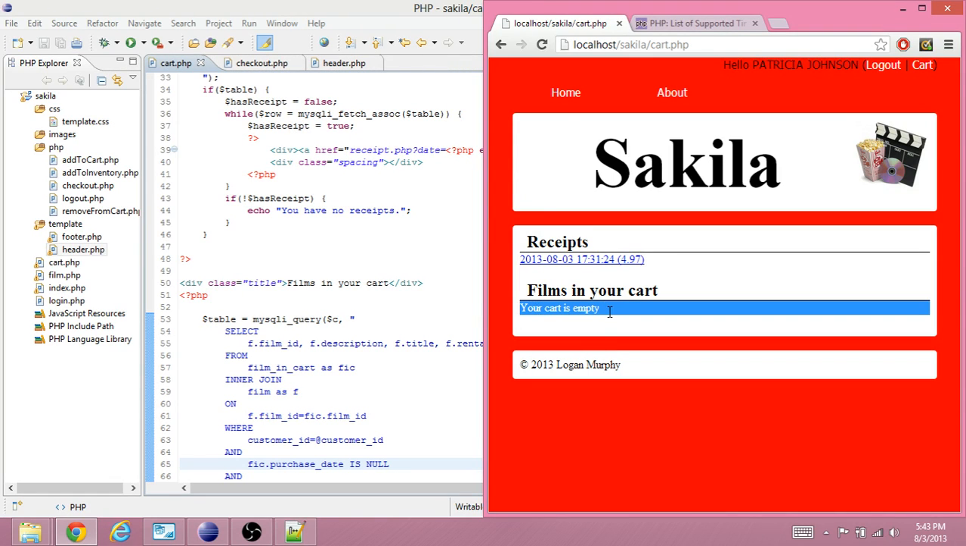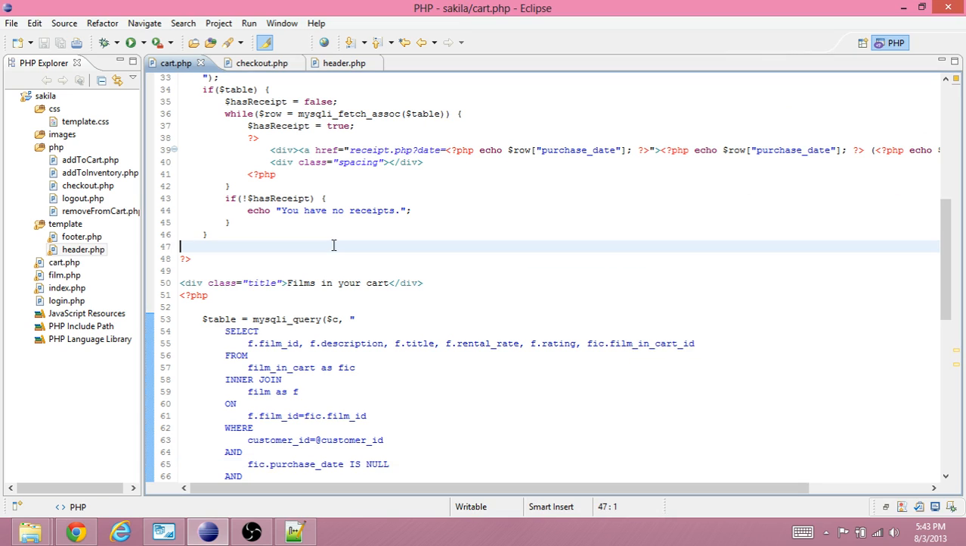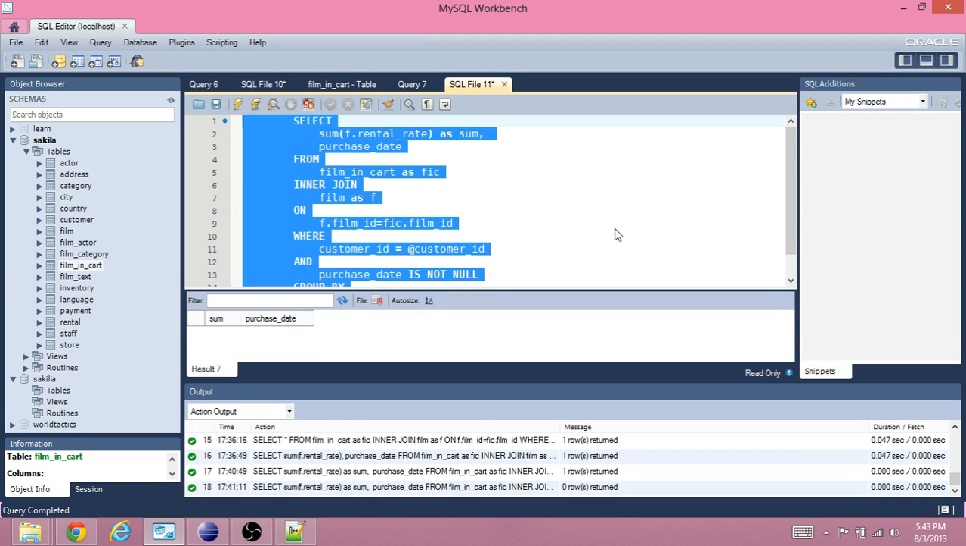So the cart's empty, and we have this. If we click on it, it has the right stuff up here. %20 just means space, which is good. And eventually we're going to have a page. We could do it now. It's not a big deal. It's going to be